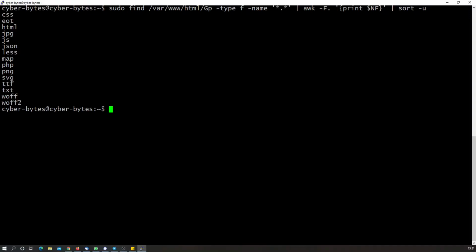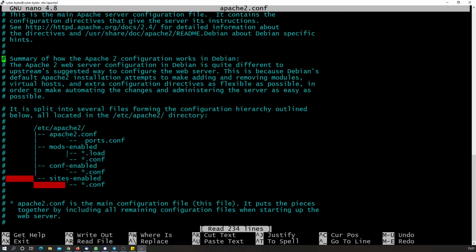So we intuitively know what the allowed extensions are that we need to process and allow. We will be making some changes in the Apache configuration file with reference to these extensions that our application has, and we are allowing only those extensions into our application. That will be a good practice to start with. So let us first move on to our Apache configuration file and make some changes here.